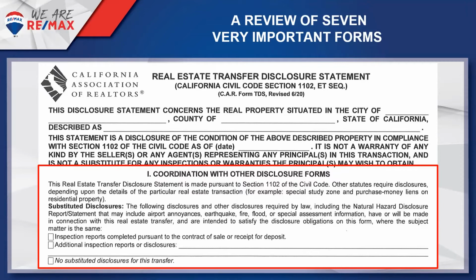And of course, maybe we would have inspectors who would be willing to complete this form by making a substituted disclosure of all of the information that the TDS requires. So they come up with this phrase, substituted disclosure. Well, guess what? The inspection industry, they immediately said, there's no way we're going to make disclosures on behalf of the seller. So in the history of real estate in California, no substituted disclosures in lieu of the seller's disclosures